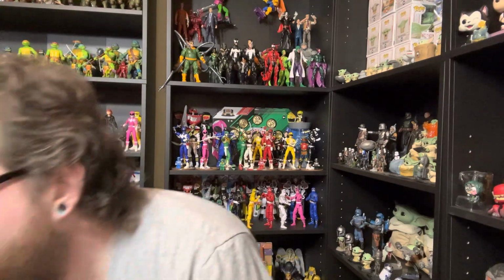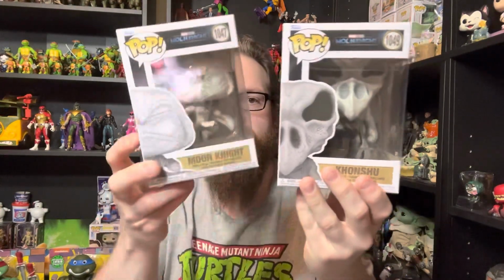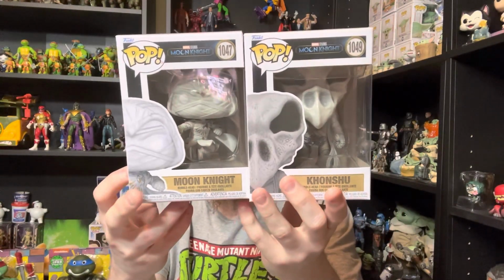And then the other day, we went, again, we have two GameStops in town, we also have two Five Belows in town. We had gone to both of those because we haven't been to either one in a while. And I was surprised to find the Disney Plus Moon Knight. We got Khonshu, and we've got Moon Knight himself. They actually had the whole series there,